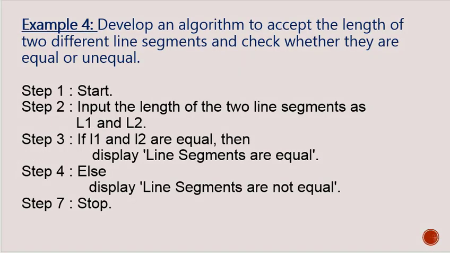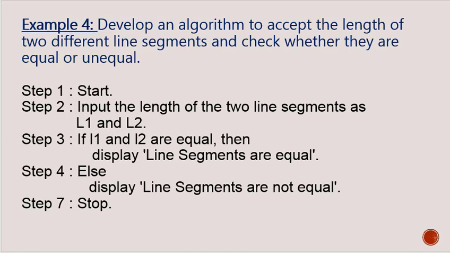In our fourth example, we have to develop an algorithm to accept the lengths of two different line segments, and finally check whether the line segments are equal or unequal. This kind of algorithm is an example of the decision construct, because we have to check a condition here. After accepting the lengths of the two line segments, we have to match a condition, and based on this criterion